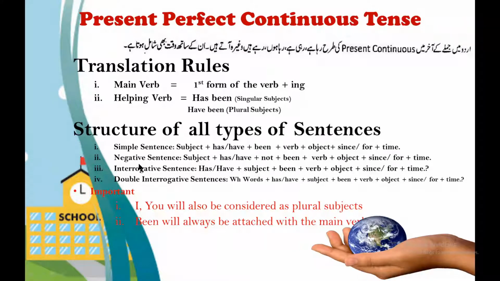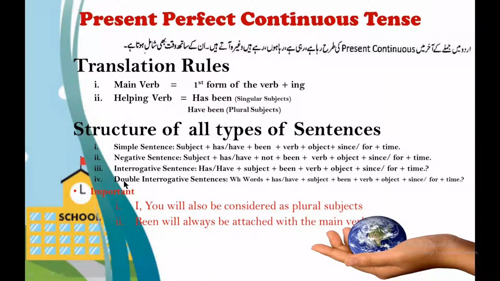So moving forward to negative sentences, you have to use subject, plus has or have, plus not, plus been, plus verb, plus object, and then since and for and time. In interrogative sentences, you have to drag these two words, has or have according to your subject, at the initial position of your sentence, plus subject, plus been, plus verb, plus object, plus since and for, plus time. I will teach you what is the difference between since and for